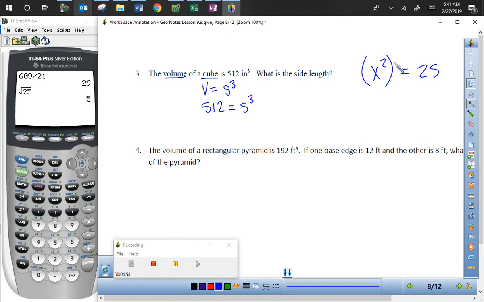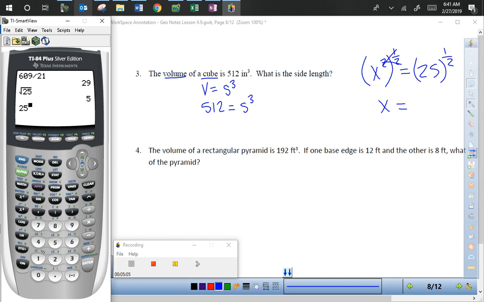Okay, so if we raise this to the 1/2, this 2 times 1/2, they cancel each other out, and that's left with x. So 25, and then we raise it to the 1 divided by 2 power, that gives us 5 as well. So these are equivalent, and the reason I'm showing you this is because with this s cubed,